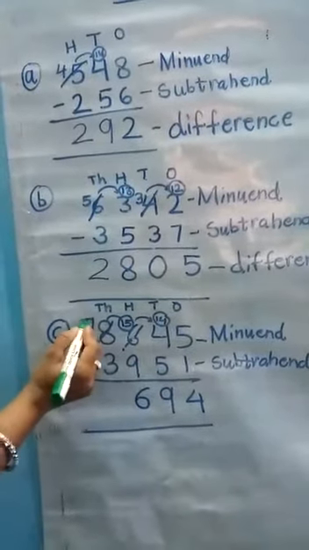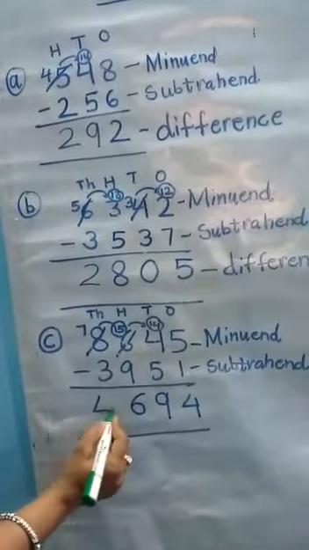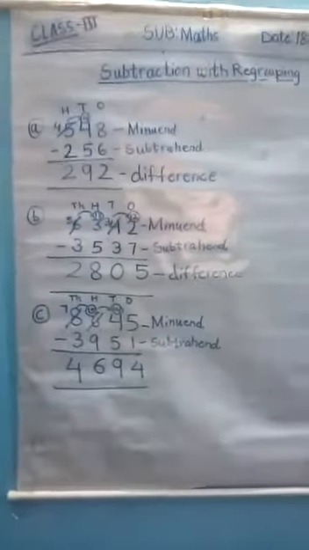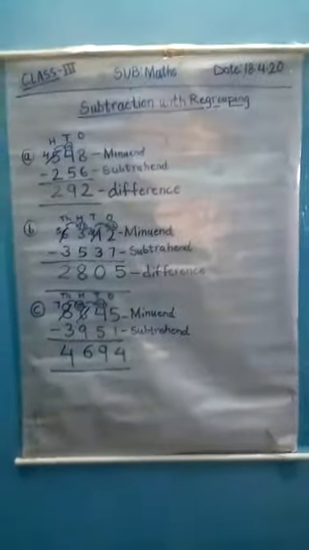In this case, 7 is bigger and 3 is here. So 7 minus 3 means we are getting the number 4. I hope you all understand the concept and you have to do these types of questions given in your worksheet in the same manner.